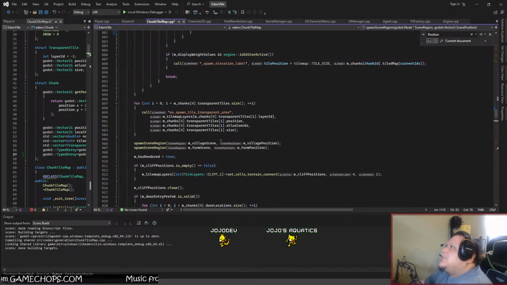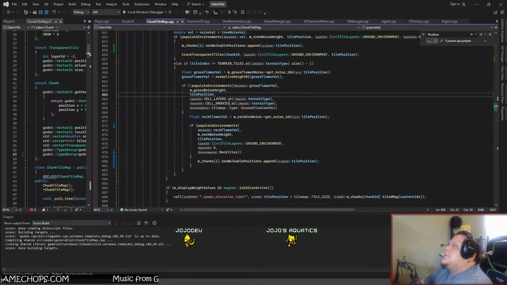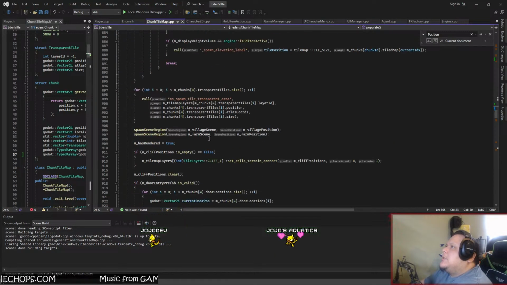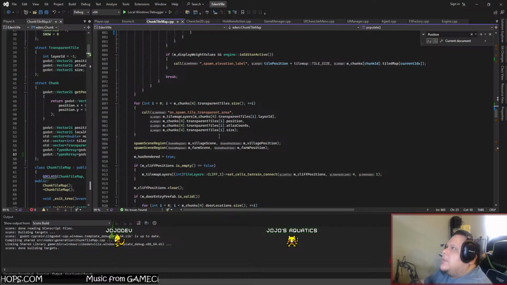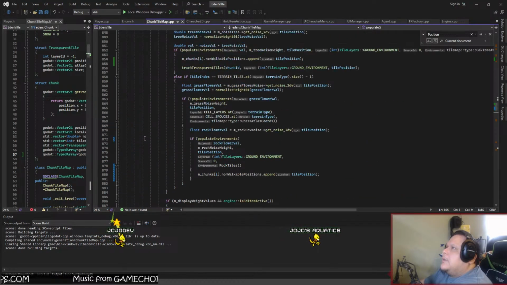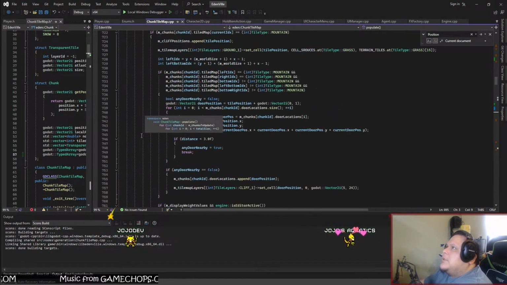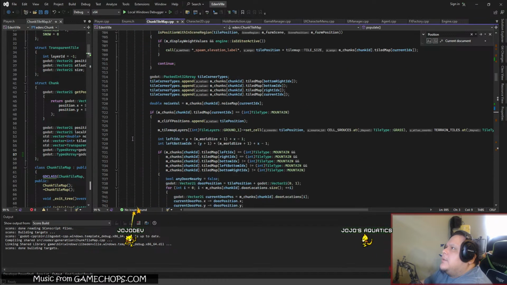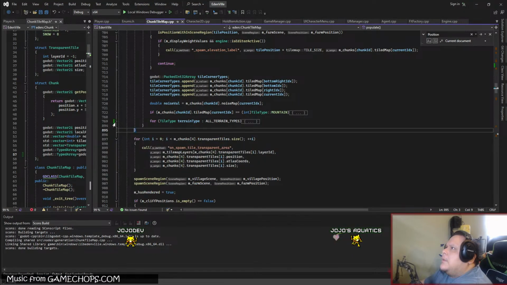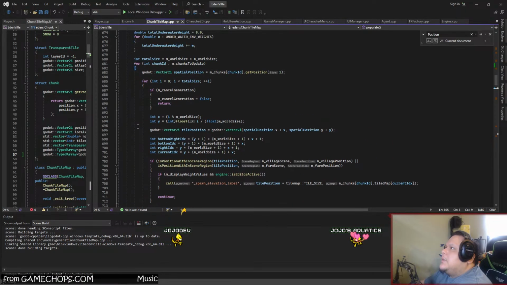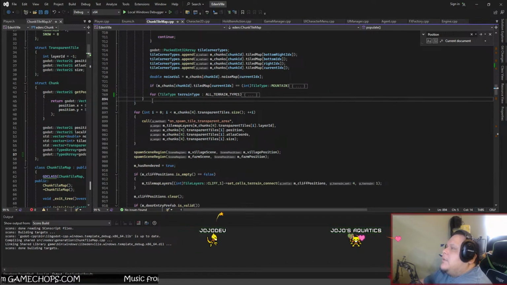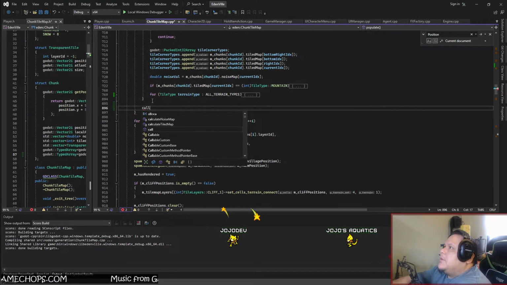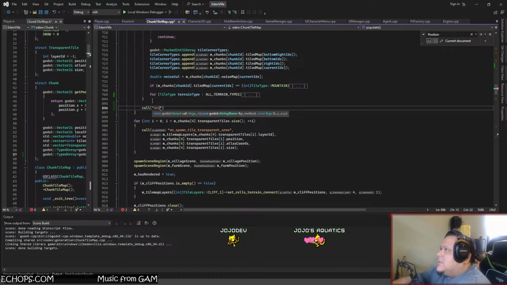So let's work on just trees and rocks for the time being. So after it's done, let's see, after it's done, I should have calculated everything I need. It iterated through all the terrain types. So this chunk should be done already. What I can do, we can call a function here where we can initialize